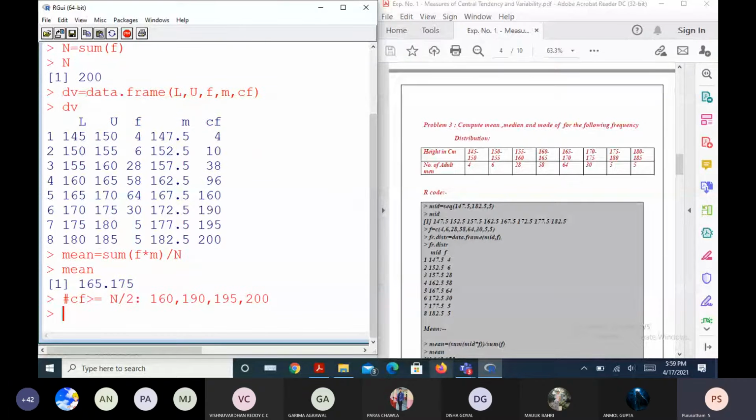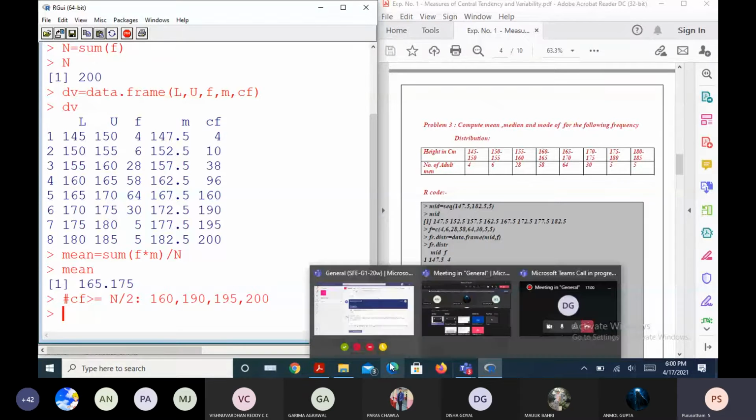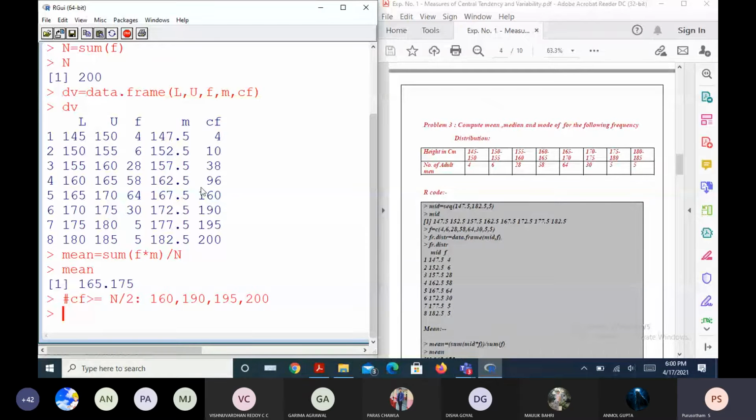So now we need to think about the syntax, because there is no default syntax available in that. You have to carefully use the syntax. So the minimum value of CF such that CF is greater than or equal to n by 2. How do we use the proper coding syntax to identify this? Can you give any idea? I need to find out the median class.